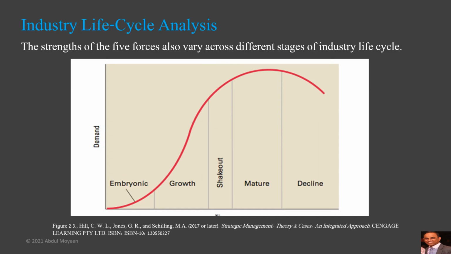So the strength and nature of each competitive force also changes as an industry evolves, particularly two forces. One is the risk of entry by potential competitors, and the second one is rivalry among existing firms. A useful tool for analyzing the effects that industry evolution has on competitive forces is the industry lifecycle model. This model identifies 5 sequential stages in the evolution of an industry that lead to 5 distinct kinds of industry